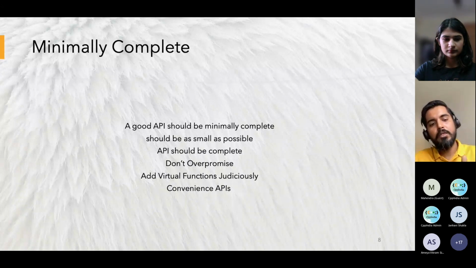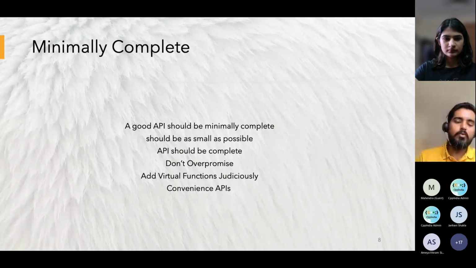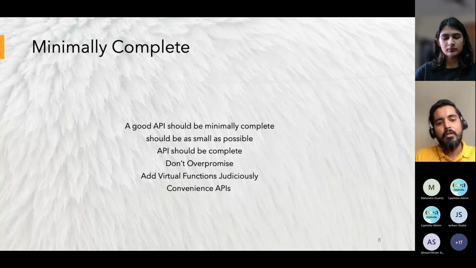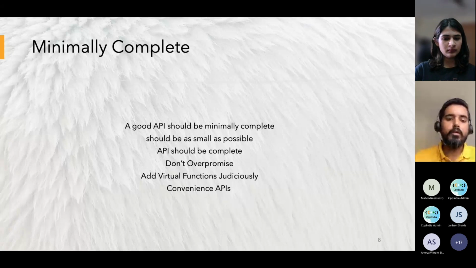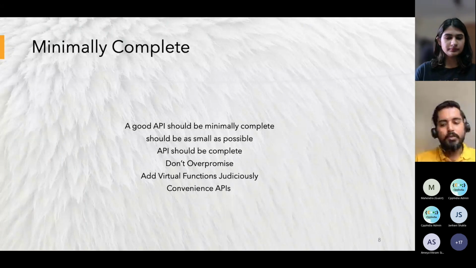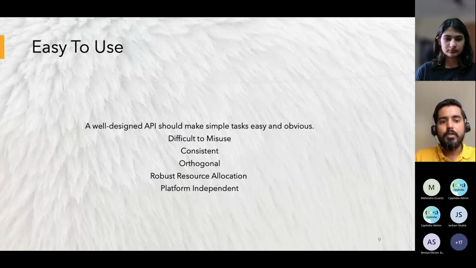By doing this, your user will know, as business logic, that they need to do all these things to get this data, but they will not be aware of how you are getting that data. So that's a good thing to keep in mind when you are writing your APIs. And whenever you are writing your APIs, they should be easy and obvious.